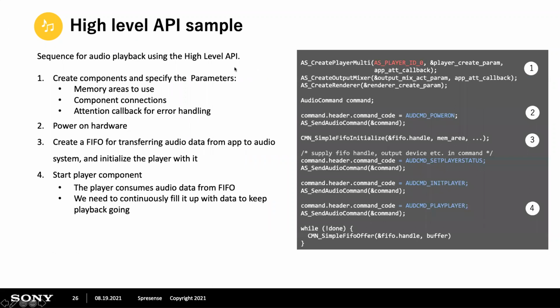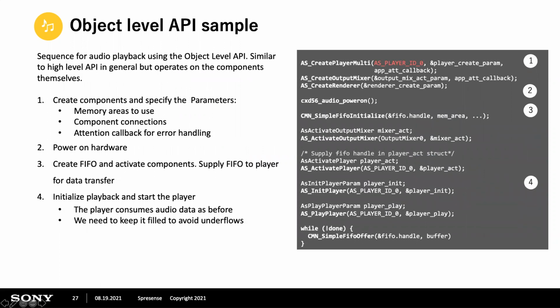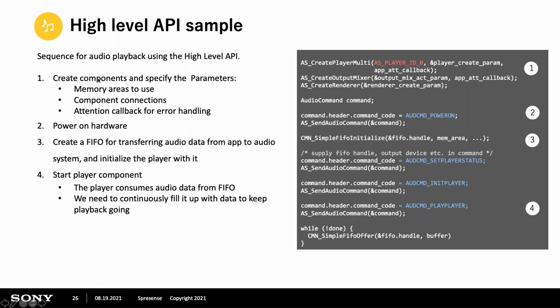These just show you the different steps that you need to do for the high-level API, and my next page is for object level. These two are the same. So I'm following these 4 steps, means I have to create the components and specify the parameters. We need to power on hardware, create a FIFO, and also start the player component. The instruction 1, 2, 3, 4 is sitting here. The only difference that I can tell you here is